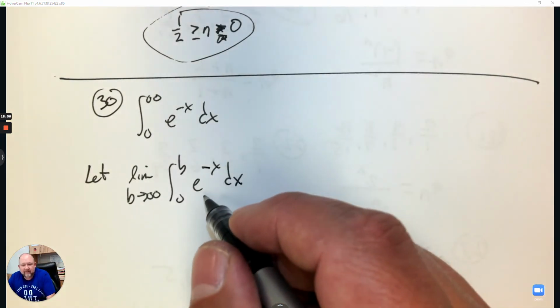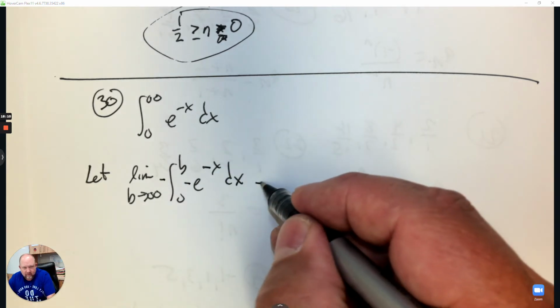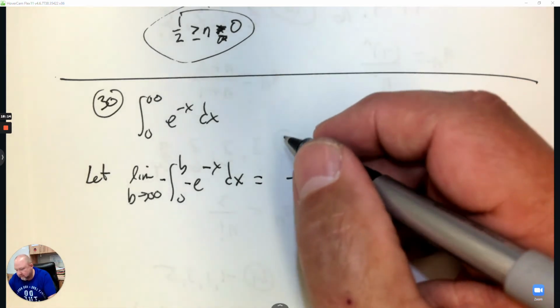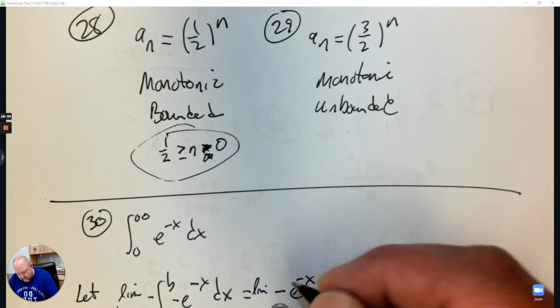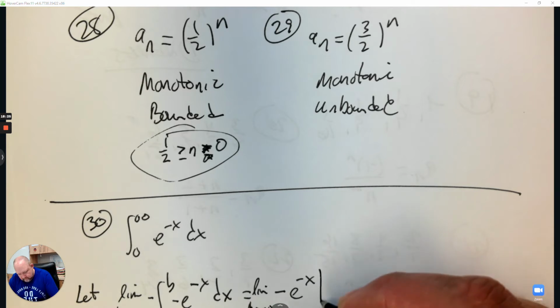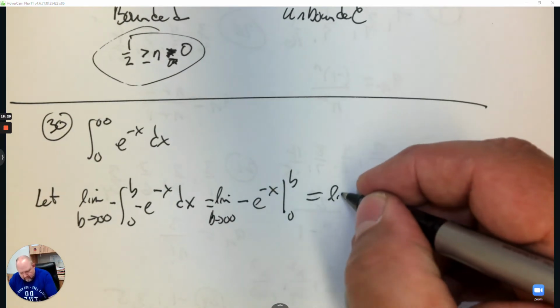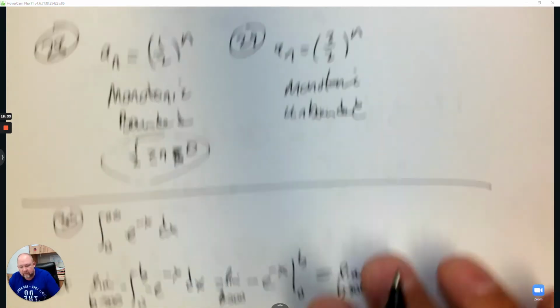When you integrate e to the negative x, the hook is negative, so it needs to be negative in front. So it's negative e to the negative x. And again, I need to write it as a limit. Don't lose that limit notation. Sometimes I lose that limit notation. Not yet. And then we plug in